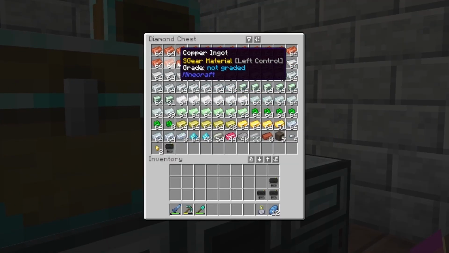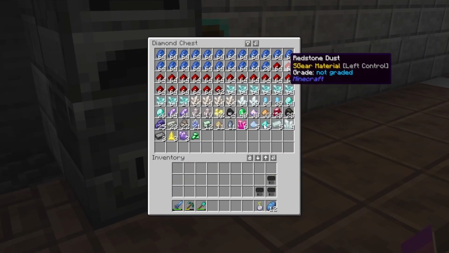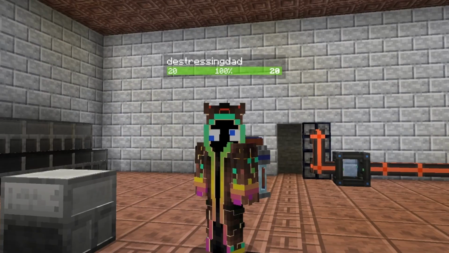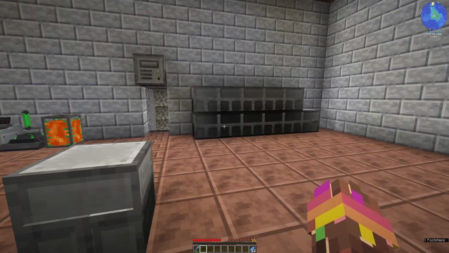I want to use the compacting drawers so we get nuggets, blocks and ingots. Not all of these will go in there, so I just need to figure out what goes where. Give me, well, I don't know, jump cut. Jump cut done. And we're not finished, but I just wanted to quickly bring you in to show you my process. So I've got 12, including this one,